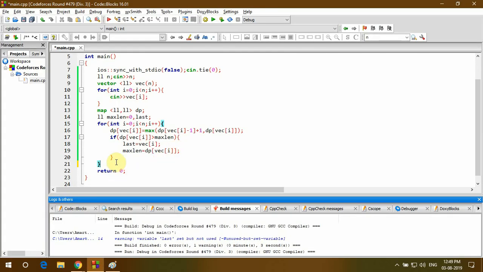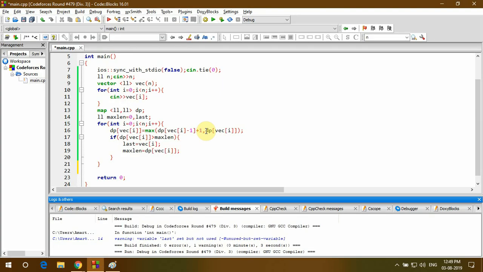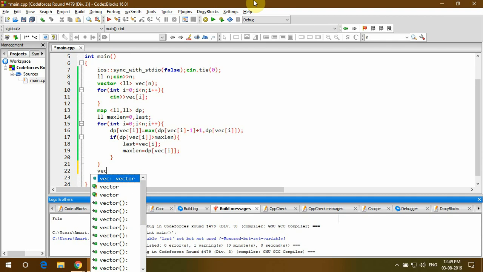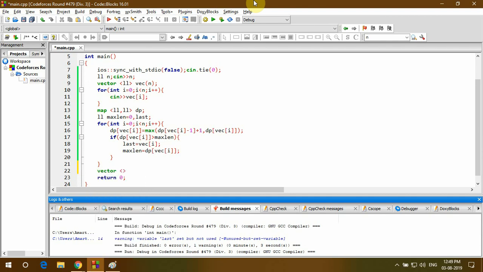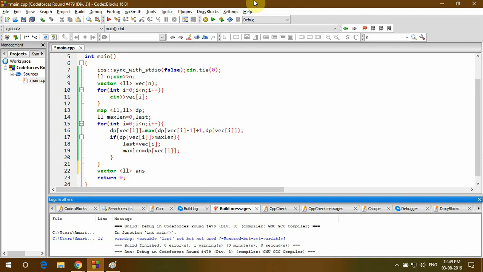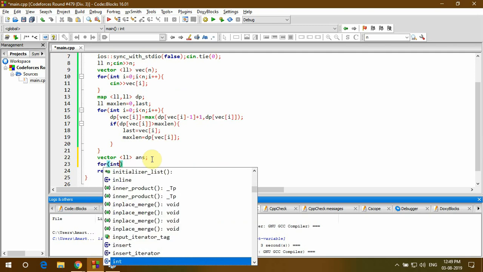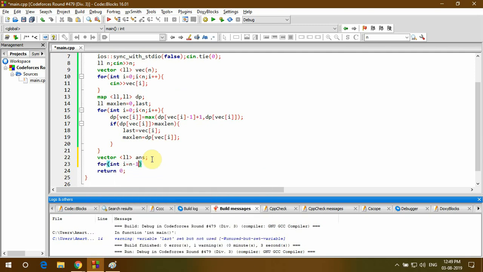So now I have the length and the last variable, so I can simply go through the vector from right to left, and I can have the answer. See here, I equals n minus 1, I greater than or equal to 0, I plus plus. So if vector I equals to